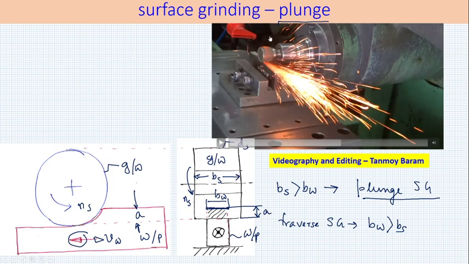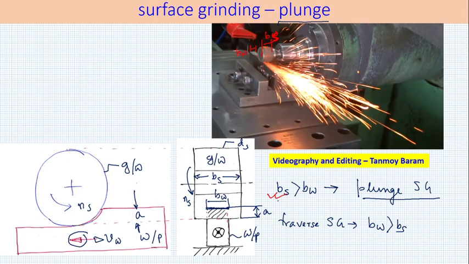This is the width of the grinding wheel, Bs, and this is much smaller, which is the width of the job, which satisfies this particular condition.